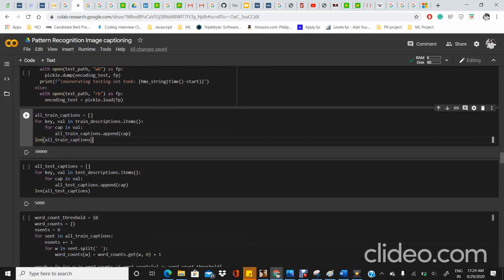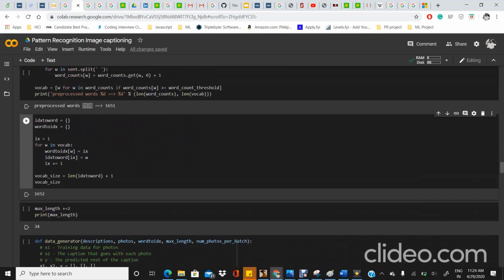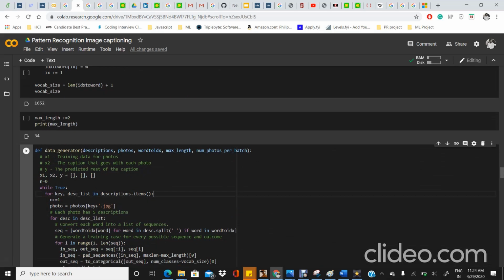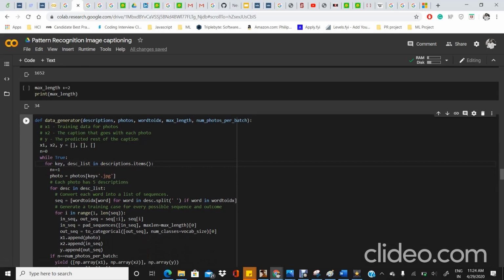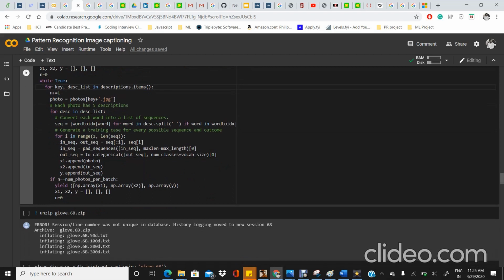Similarly, we can see this for testing captions. We have created 2 dictionaries, one is a mapping from index to word, and another one is for word to index. We have made these dictionaries because they will help us in faster retrieval of the words when we are making the prediction. We now move on to the data generator method. In the data generator method, we are looping through all the images in our training set and all the captions that are available to us, that is 5. We now make the combinations of the caption which are relevant for the given image, and we loop through each combination so that we can predict the next word better.